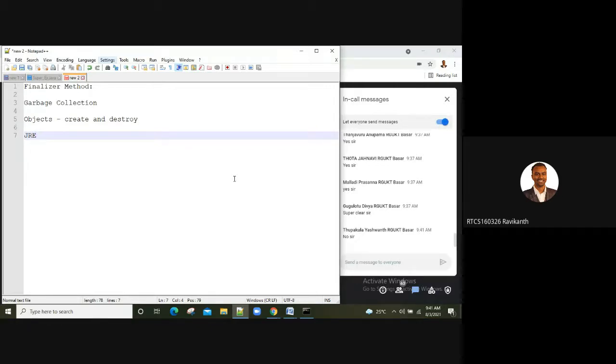Is that clear, guys? So your Java Runtime Environment is going to delete those objects which are no longer required. So, sir, how does it happen? This is internal functionality. A lot of algorithm techniques are used. The JVM will use its own set of algorithms to decide when the memory has to be freed. It will take a call, and based on that, it will delete that object.